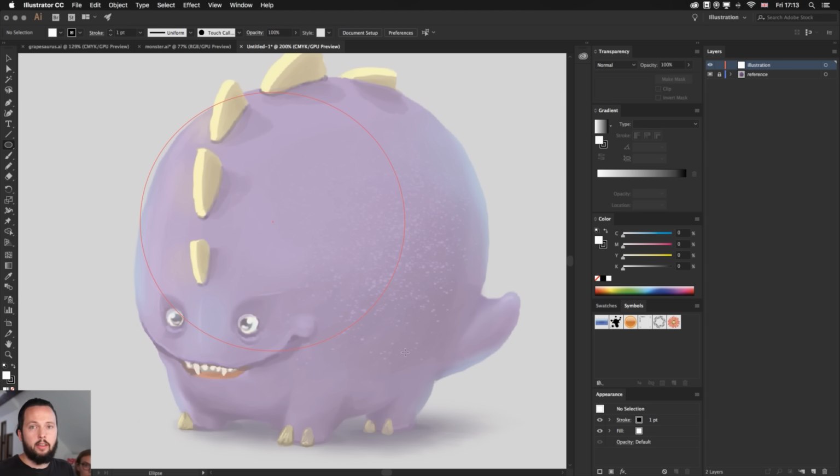Now, here's another power tip. Hold down the space bar while drawing any shape to be able to reposition your shape while still drawing it. Especially with the ellipse tool, it's always tricky to find out where to start drawing it, right? But what I always do is start drawing and then hold down the space bar to reposition, then let the space bar go and continue drawing, then hold down the space bar again and toggle back and forth until you get as close as possible to the shape that you need.